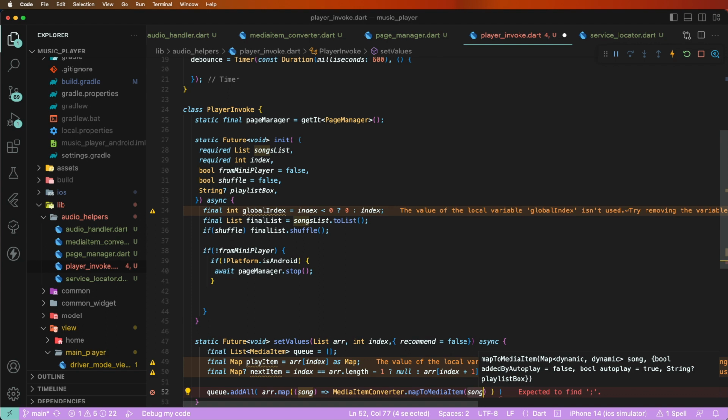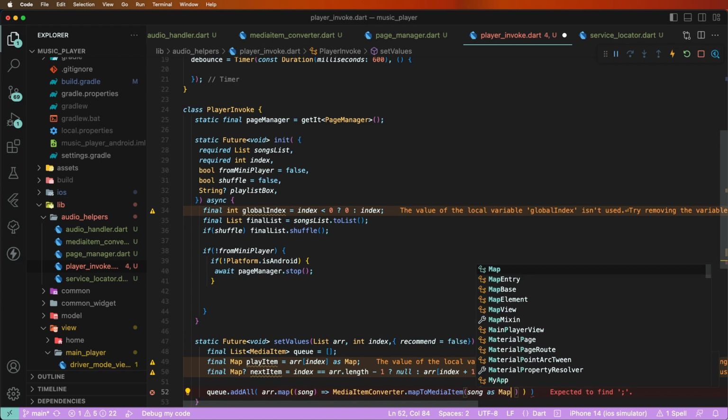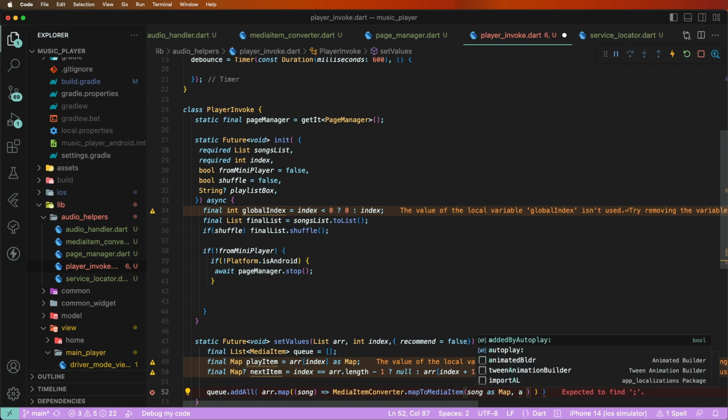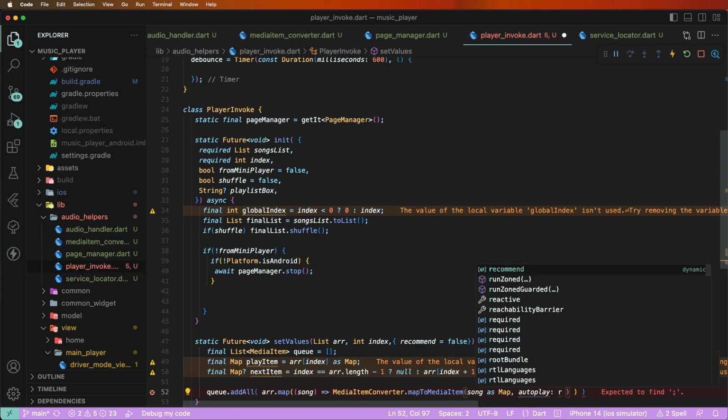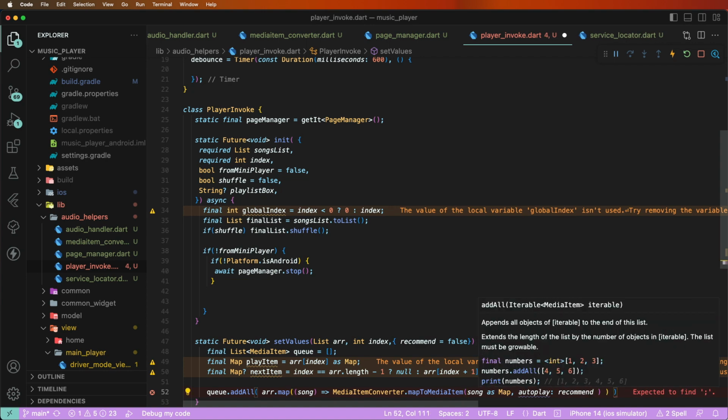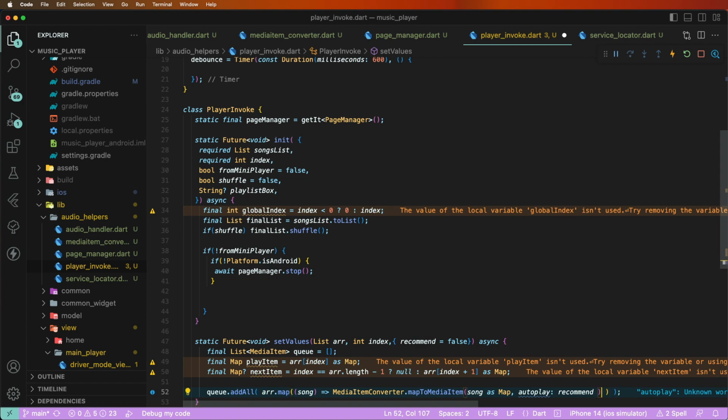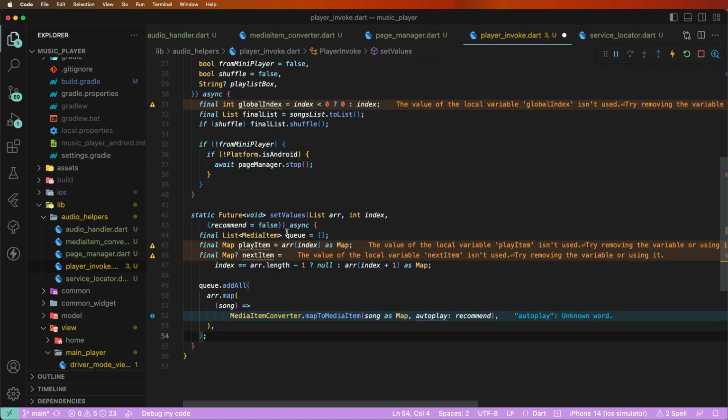Need to this here the song as we need to pass map, give here the autoplay recommended, so need to set this here, also here the semicolons comma and this is the set walls. Need to call this methods here, and last ones need to set here the play next value into this here,